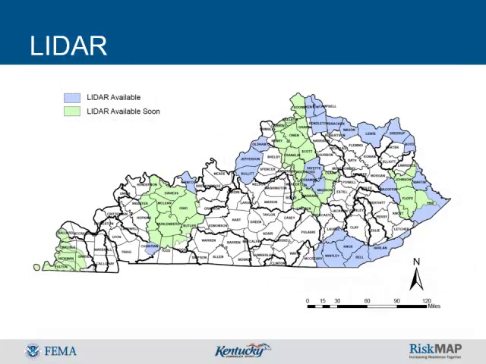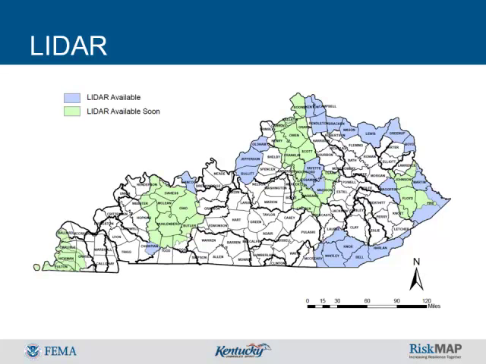LIDAR, light detection and ranging, data is being collected in many areas in Kentucky. An airplane that uses infrared laser light to scan physical aspects of the land, including vegetation and structures, produces accurate, high-resolution images and digital elevation models. LIDAR is being used to update the topographic data for floodplain mapping and may be used for a multitude of